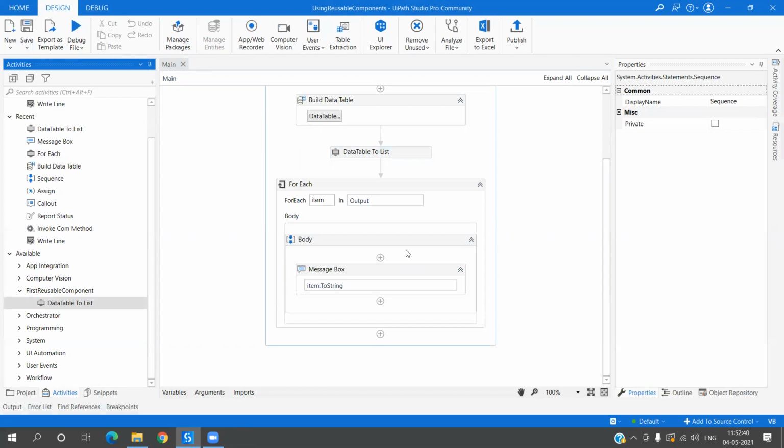I know this is a very simple concept of the component, but yeah, we have understood the complete process of how you can build your reusable component right from scratch: creating the library component, then giving it proper context and information, and then using it in our process. Now what is the advantage over here is if you are only familiar with working with Studio and have hardly worked on Visual Studio, but you still want to build your reusable component, this is the method that you can use.